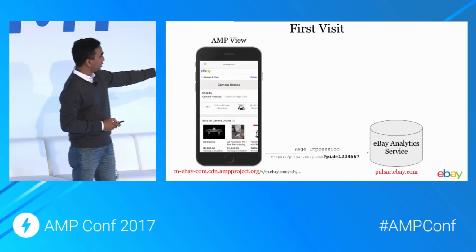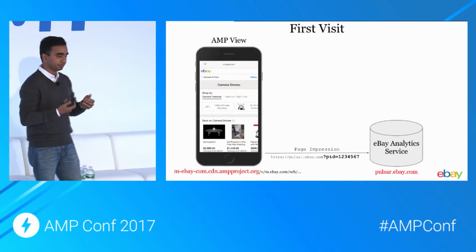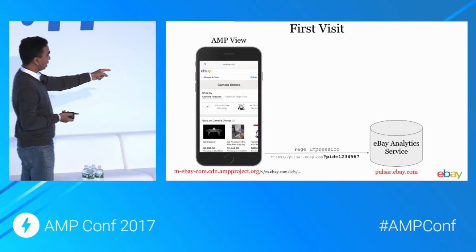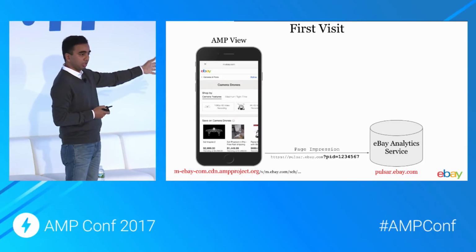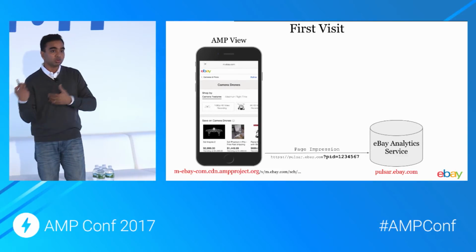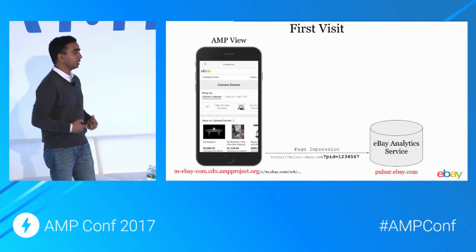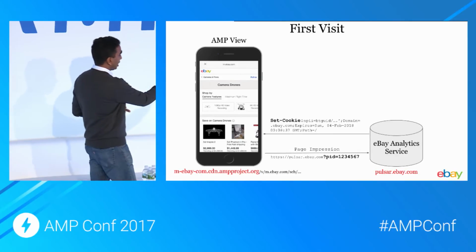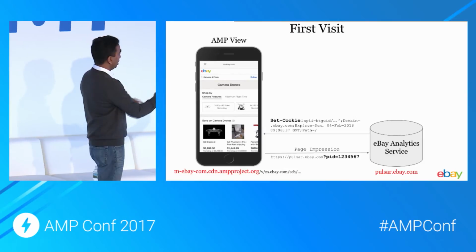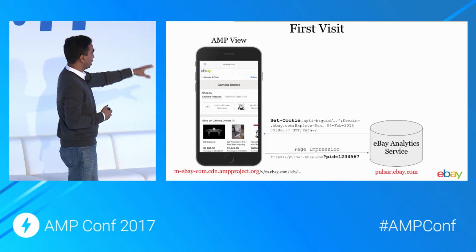when the page is visible. And that call goes to an eBay analytics service, which is hosted in pulsar.ebay.com, which is an ebay.com domain, right? It calls the URL. It also passes a page ID with it, which is the page of the AMP view. This analytics service now knows that this request came from an AMP view, and this creates a session accordingly, saying, oh, this is a session created by AMP view, and sends back a set-cookie header in the response, which has the session details put in along with the domain, which is ebay.com, with the expiry and a lot of